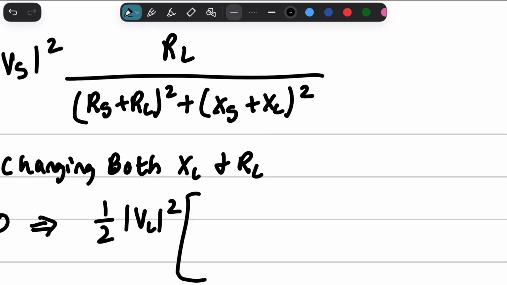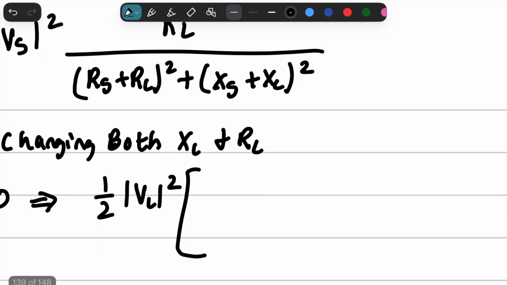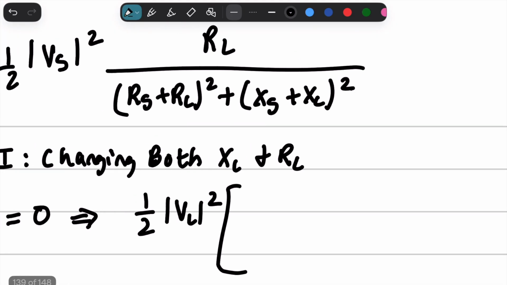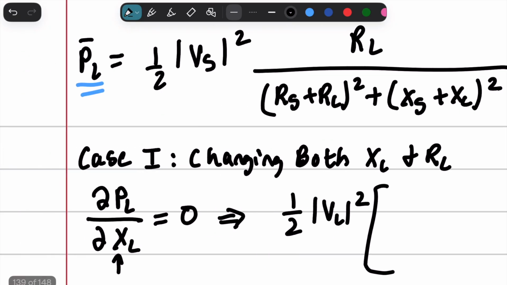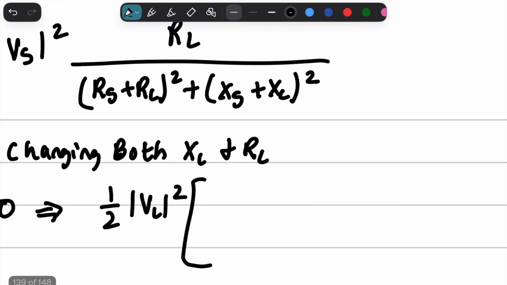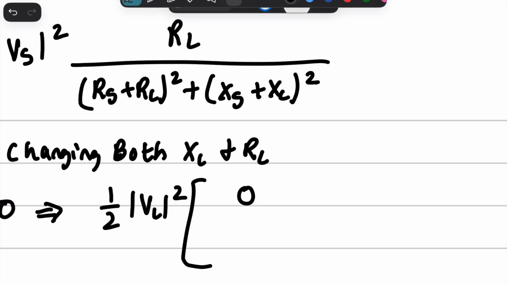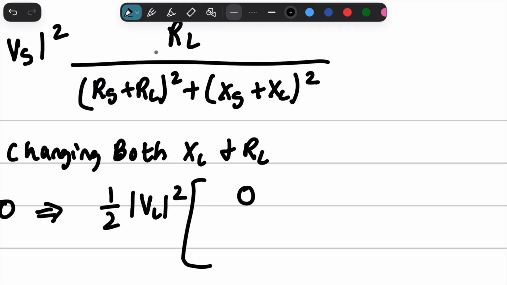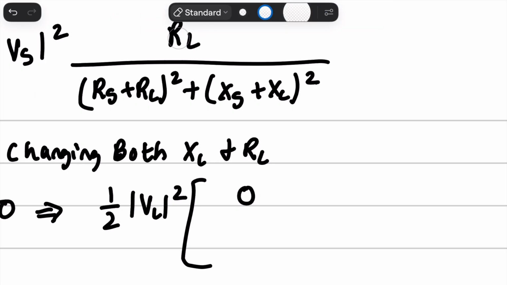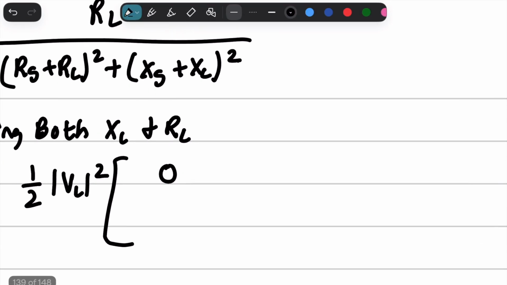So we're going to use the quotient rule, where we do low times the derivative of the high, and because RL in this case is constant, because we're taking the partial derivative with respect to XL, this whole top part cancels out, the first part cancels out. We're just going to get 0. So you'd have the low times the derivative of the high, and the derivative of the high is just 0, minus,